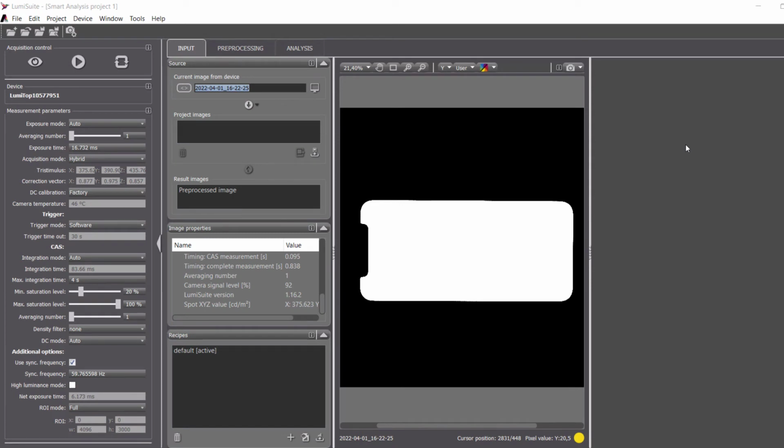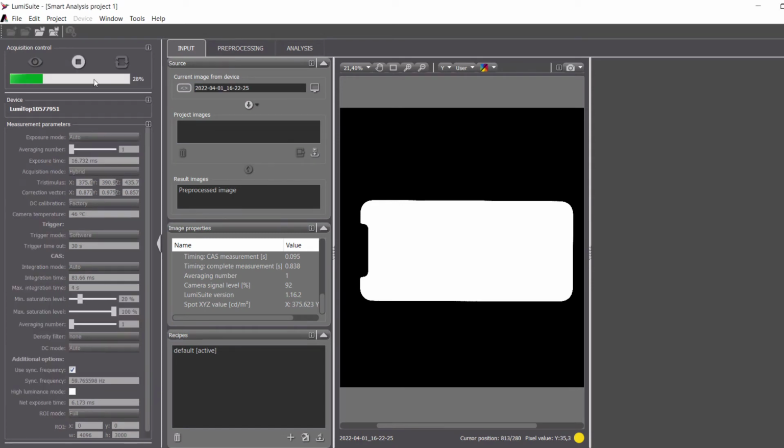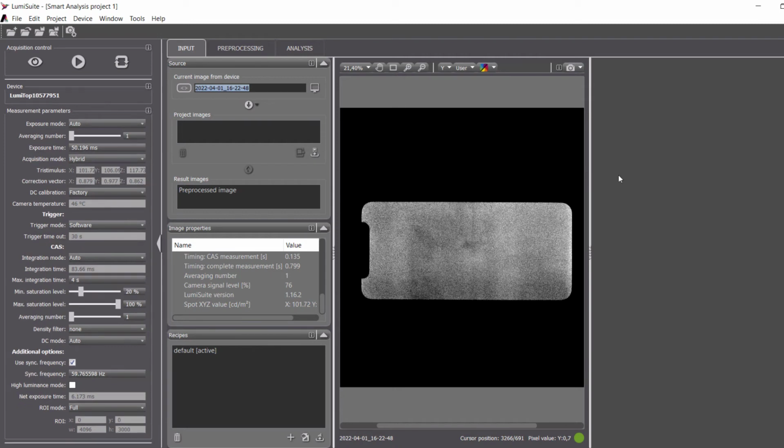If we change to an even darker gray image, we can see that the exposure time for the camera is locked to the refresh rate, and at the lower brightness, the image is also free of artifacts. Of course, restricting the possible exposure time can impact the highest luminance that can be investigated by the system.